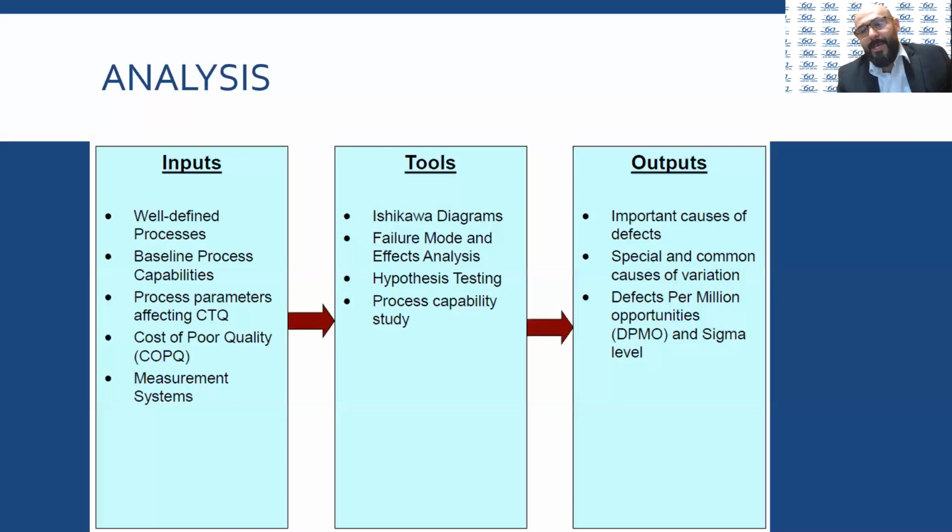We will know exactly what the cause of these defects is, why these defects happened, special and common cause variation, and we will have the DPMO, or the defects per million opportunities, and the sigma level. As I mentioned, these are the most important things. All right, let's go ahead and start